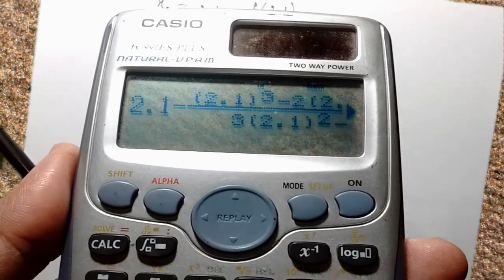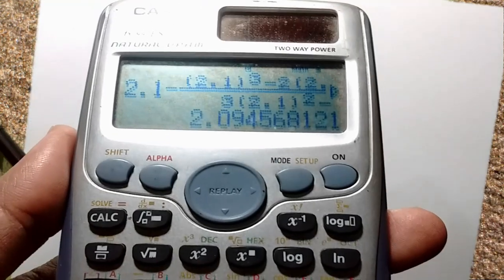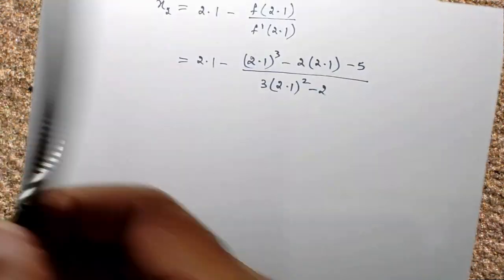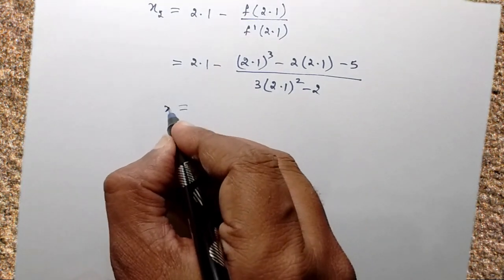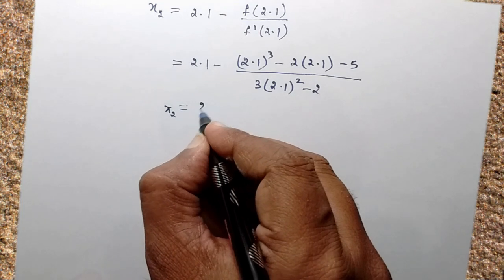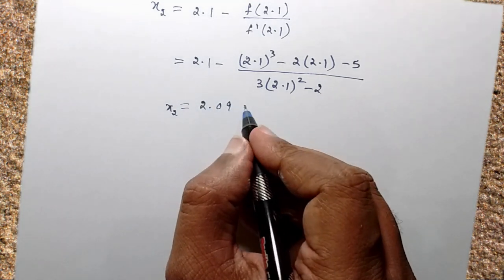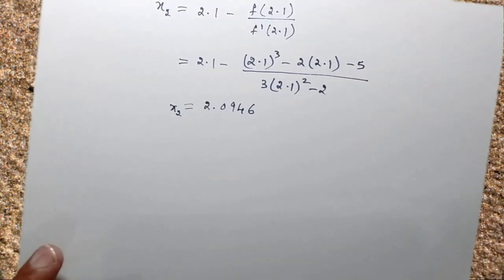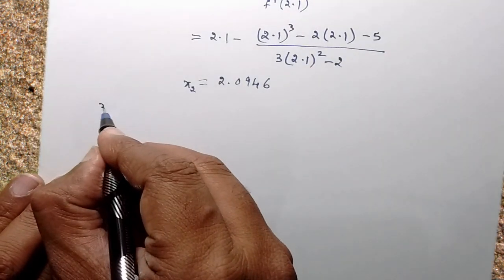That's the value you have. You can just check it. What is the solution you are getting in terms of the decimal? So that's the required solution. You can verify your solution also. So you'll be getting x2 value to be equals to 2.0945645. You can approximate that to 6. So x2 value has been obtained. So we'll go for the next iteration, that is the third iteration.